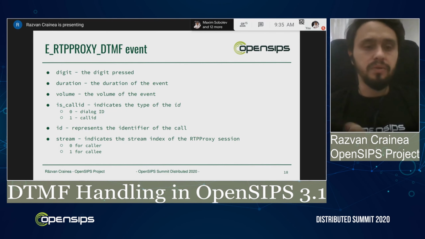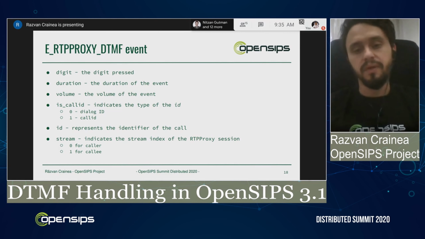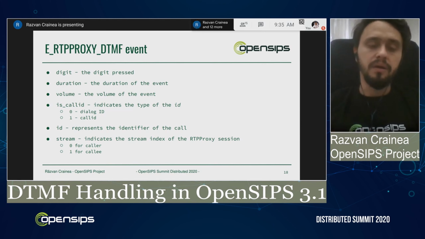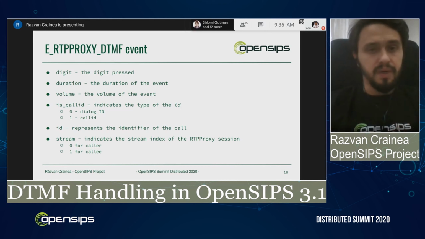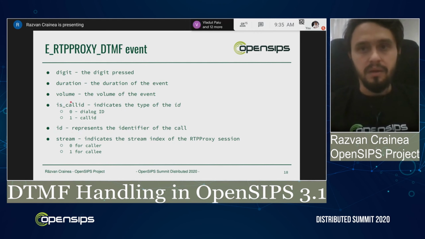So in that case, you don't have a dialog ID, but you do have a call ID. Instead of providing the dialog ID, which doesn't exist if you're not using the dialog module, it will provide a call ID. And it's very hard to understand whether this ID represents a dialog ID or a call ID. So that's why we added a different